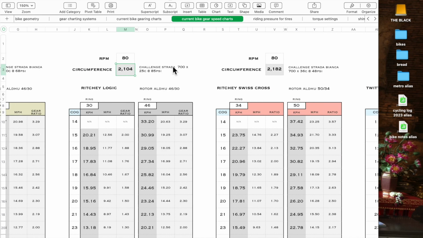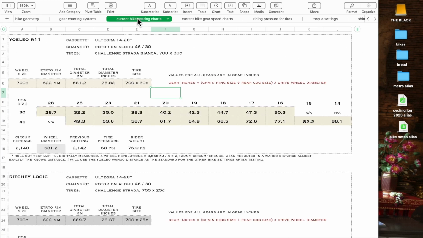Anyway, yeah. You use the gear charts and the gear speed charts to plan your gearing. So I could change that cog to a 34 and watch the upper row change. They all go. Now I've got a 32.6 low gear, and if I change this to a 50, the high gear goes to 96. It was 88. So you can see that 88, and then over here